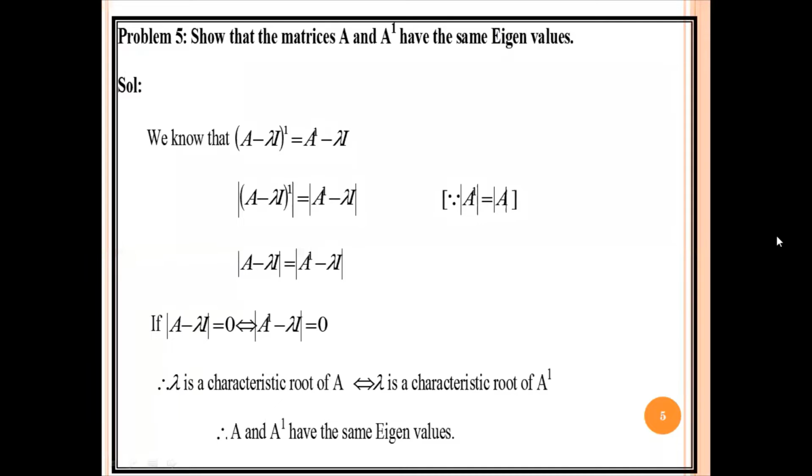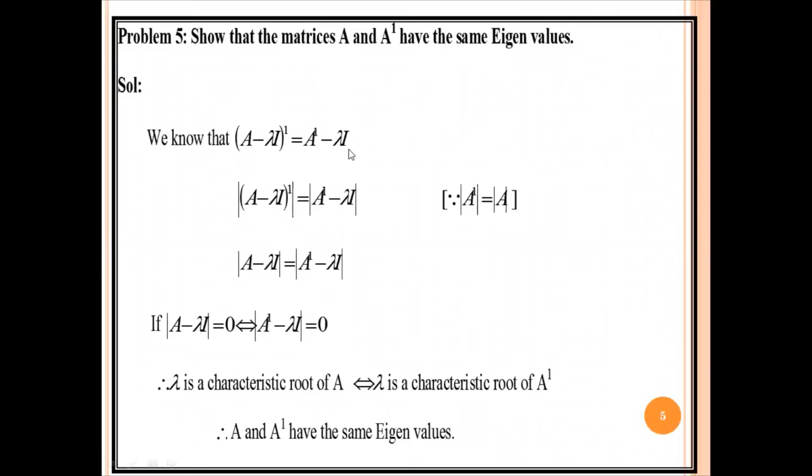Now, in continuation of the second video, this video starts with the first problem: show that the matrices A and A dash have the same eigenvalues. A and A dash have the same eigenvalues. Now here